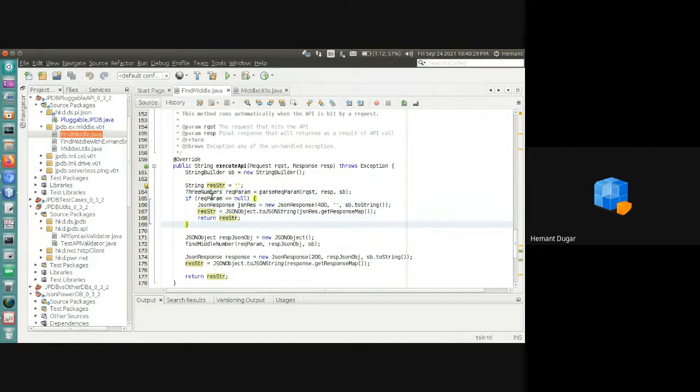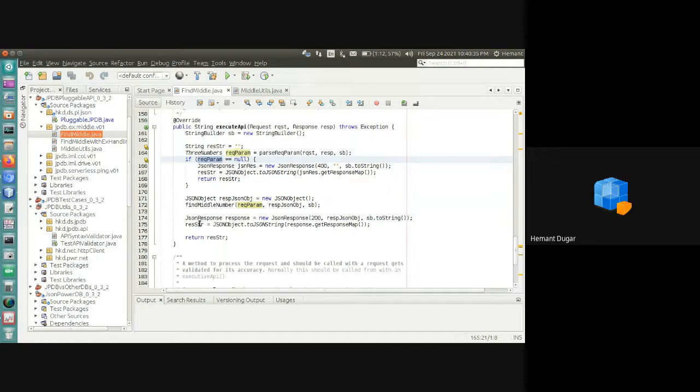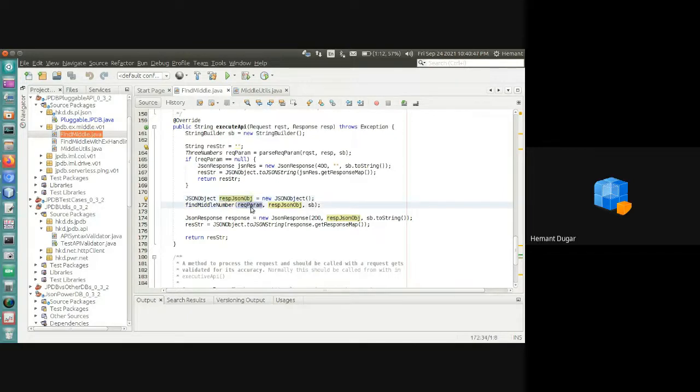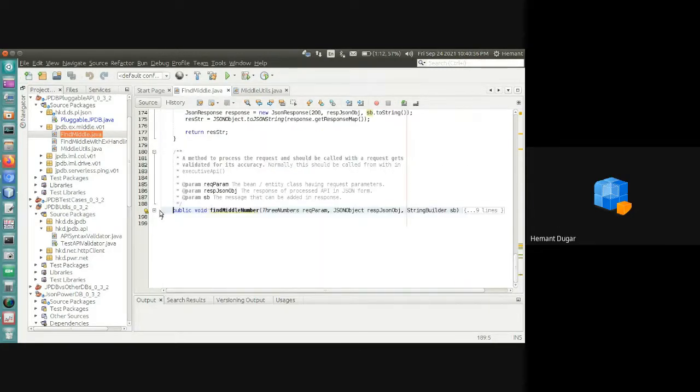Now, if this condition is false, it means we have proper request parameters A, B, and C. So we can create a response JSON object, and then we call a method, find middle number, with the request param, the response JSON object, and the string builder. We go inside this method.